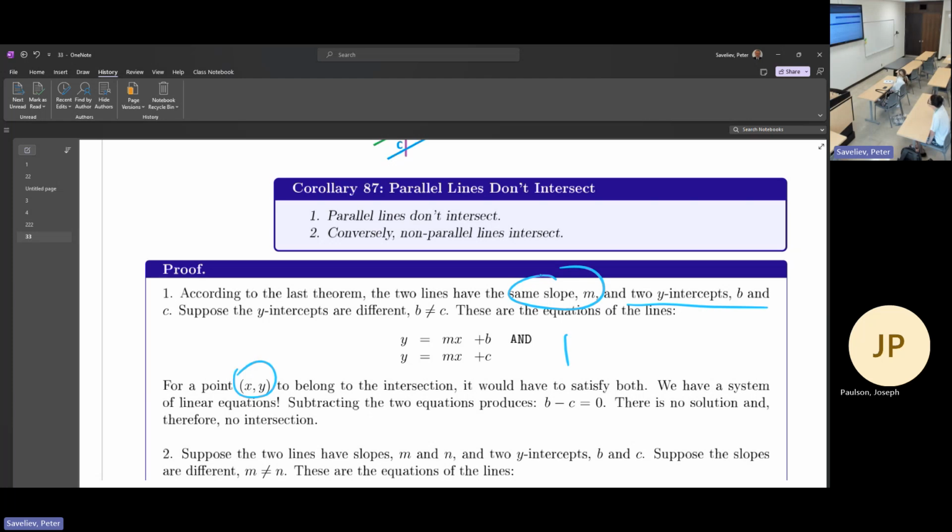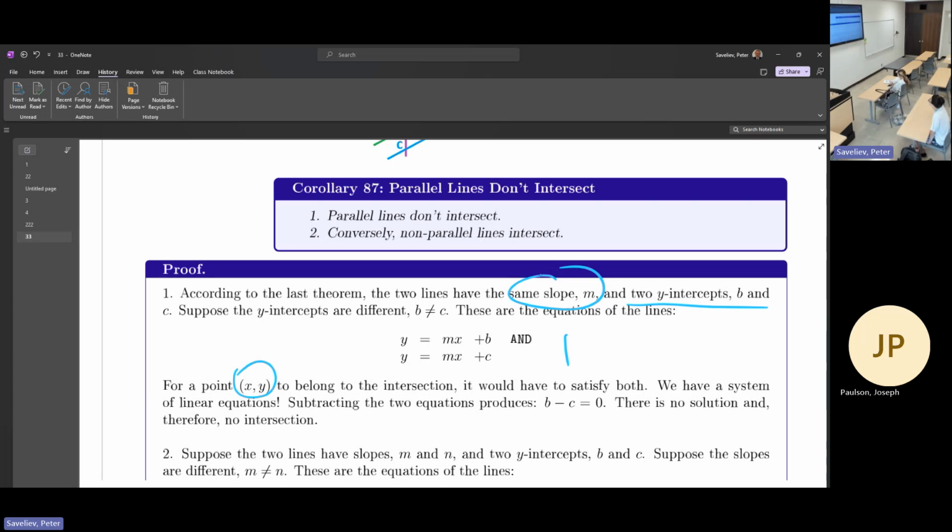Remember, what does it mean for a point (x, y) to lie on this line? It means that when we plug it into the equation, it is satisfied. Now if the point belongs to both, you plug it into the first, it's satisfied, and the second is also satisfied. So it is the same x and y, and what we end up with is, as we did early on,